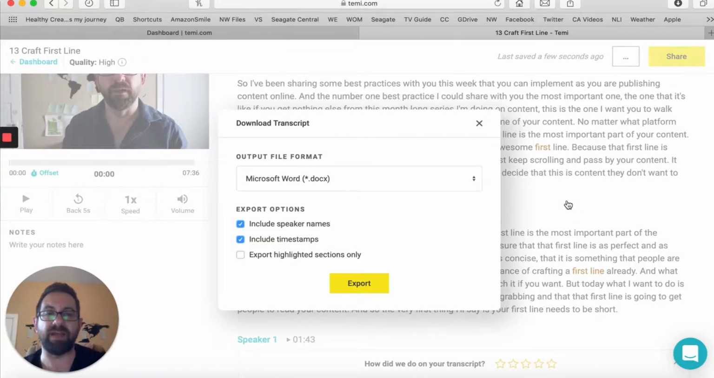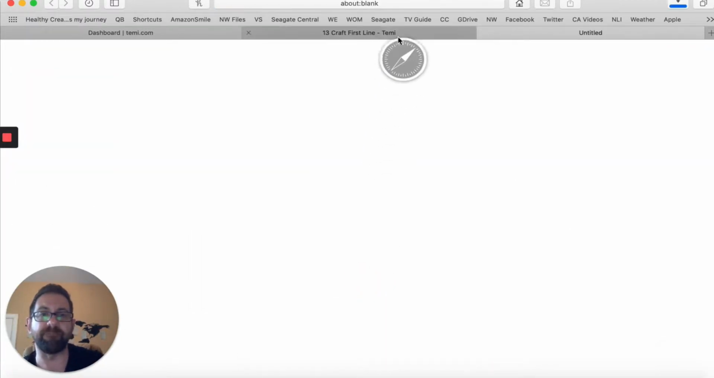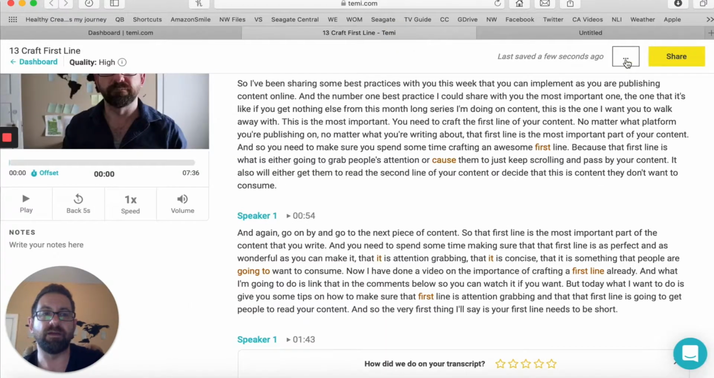Now, I always export 2 versions. I do a Microsoft Word version and I take off the speaker names and the timestamps, because the reason I'm exporting this is so that I can eventually turn it into a blog post, and it makes it easier to pull quotes from the video by just having this transcript. So I'm going to export that, and then I come back and I export